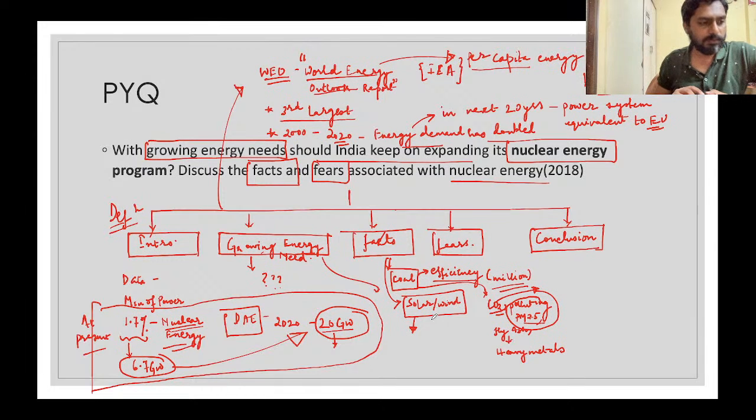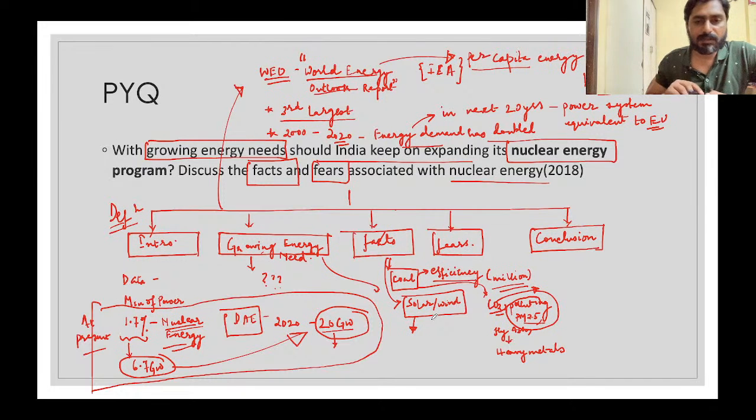For those who have joined now, we are trying to find out how nuclear energy is better than most. We are trying to do it in a comparative format. We have compared it with coal. Now we are comparing it with solar and wind. So let us see how it is better than solar or wind.